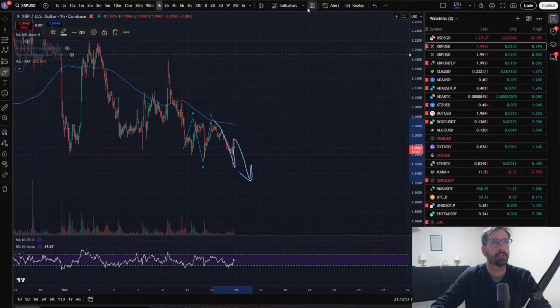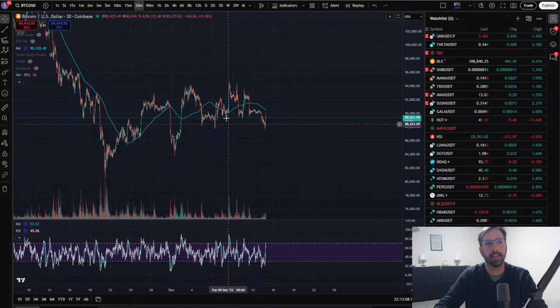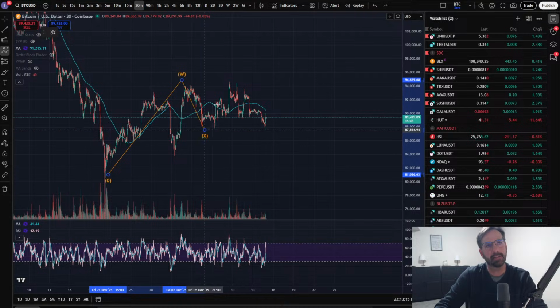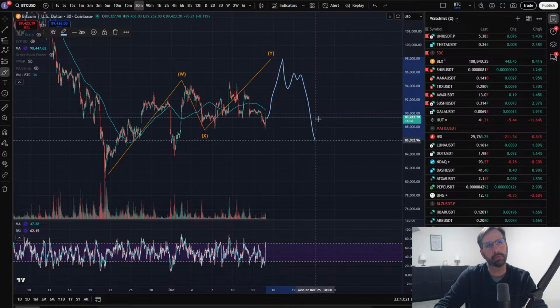So this could be real bearish, and we get a real bearish day. But out of all the ideas I've shared personally, I kind of like the flat Y wave. I like this W, we'll call that X, and then we get a flat here, Y. Let's come up, take the high, and then roll over.